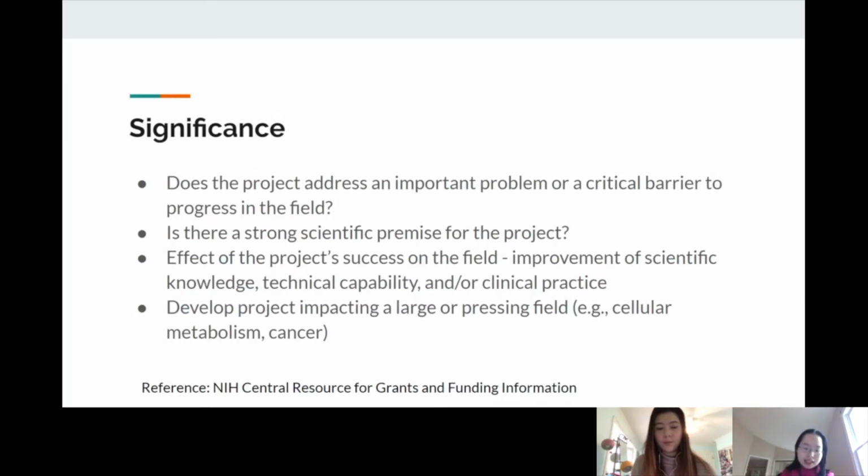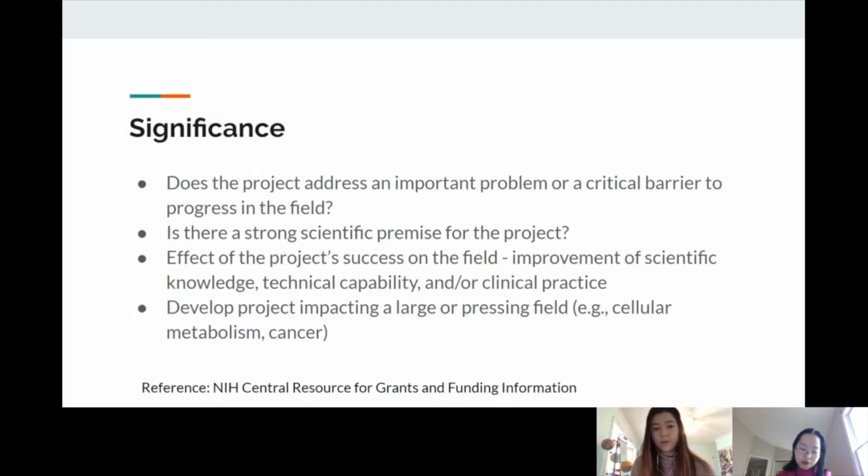And so this really assesses the effect of the project's success on the field. How would it improve scientific knowledge, technical capability, or clinical practice? So here you see it can approach either the expansion of our knowledge of how the world works with scientific knowledge, technical capability, creating tools that would help us develop new tools that we can use for various applications, and clinical practice. How can we use this